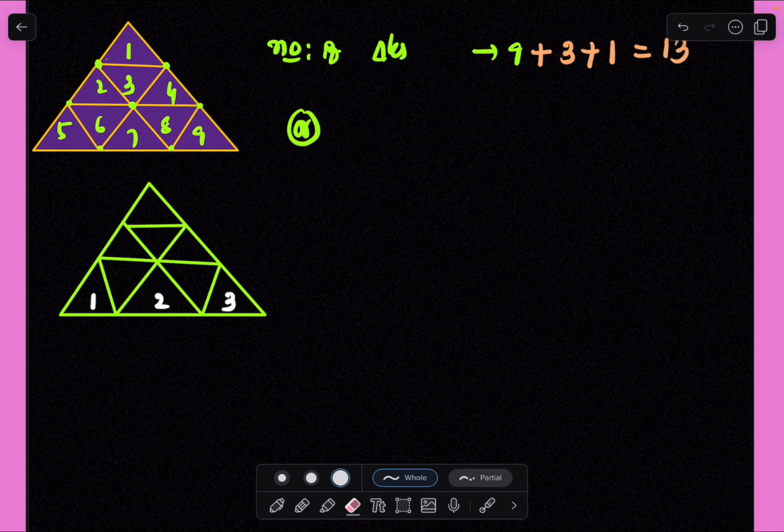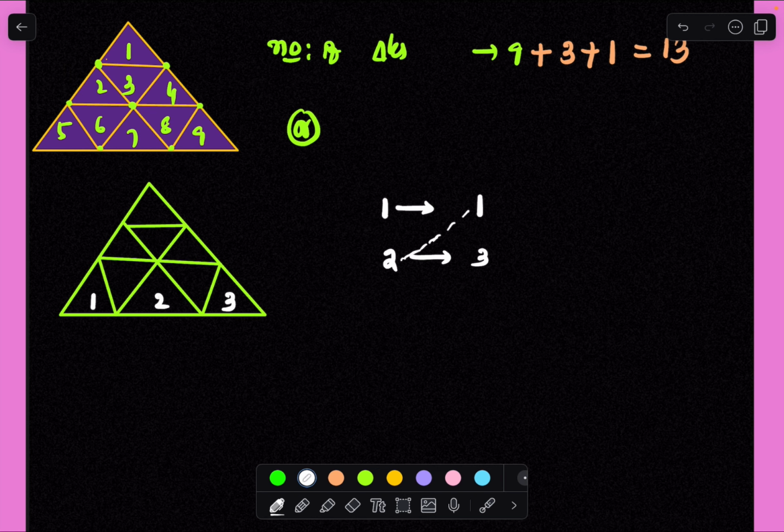So for one case, I'm taking 1. We'll write 1, a bigger triangle we can consider like that. For 2 case, we'll write 3 only. How to get the 3 value? We'll add these two values, 1 plus 2, and we'll get 3. It is a triangular number; if you know triangular numbers, 3 is 1 plus 2 indirectly. Next, for 3 case, we'll add these two things and get 6, the third triangular number indirectly. So we'll add all: 1 plus 3 plus 6 will get 10.